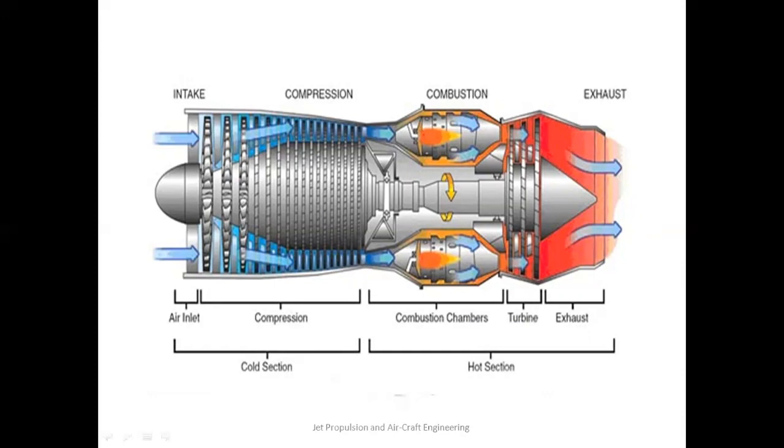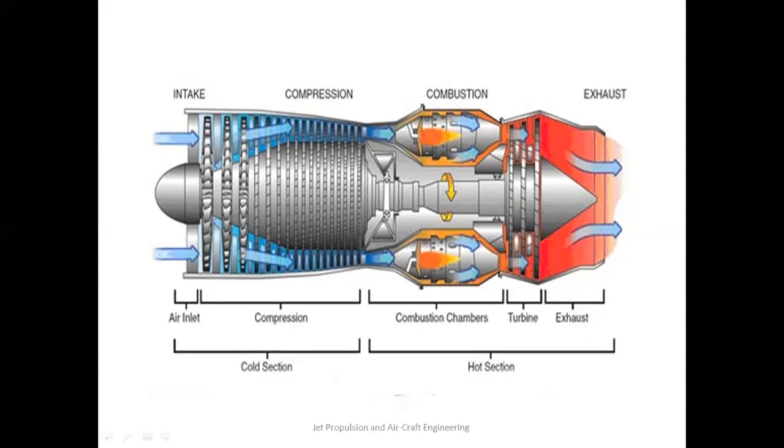Because of the gradually increasing area, the high velocity air which is entering gets converted into high pressure. Then it enters the compressor, where compression takes place in a number of stages. So you can see the number of blades over there. Basically the compressor is divided into three different stages: low pressure, intermediate pressure, and high pressure. Once the compression takes place, the velocity gets converted into pressure, and this high pressure air enters into the